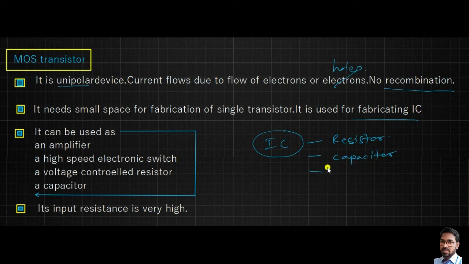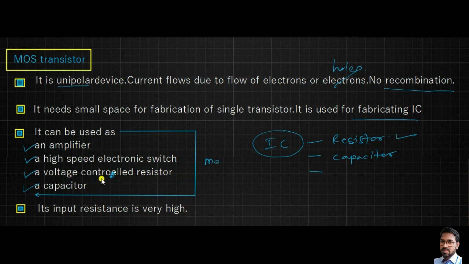Here the same device is used as an amplifier, because basically it is an amplifier and a high speed electronic switch, so that we can design digital circuits; memory circuits are designed using the MOSFET. The same device is used as a voltage controlled resistor, and a separate resistor is not used. The same device is used as a resistor for controlling some biasing voltage,